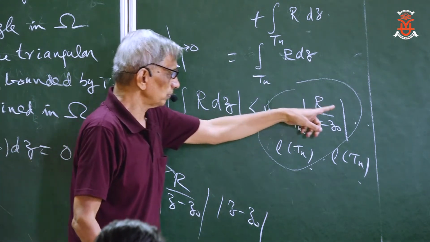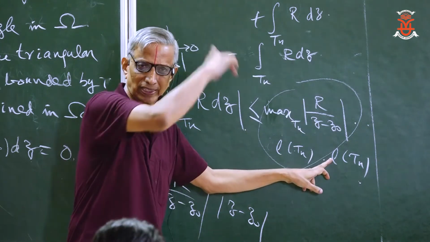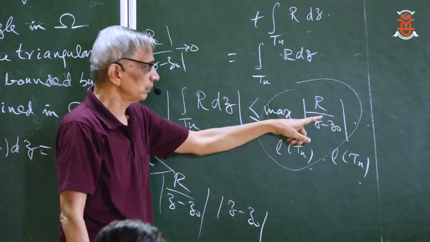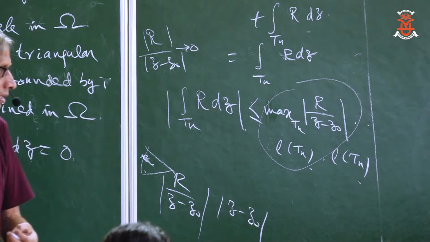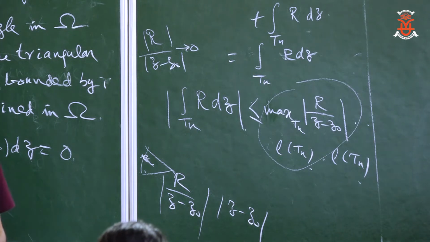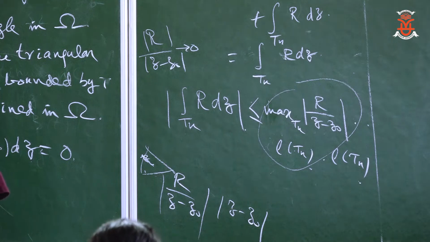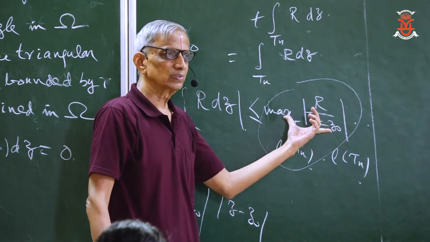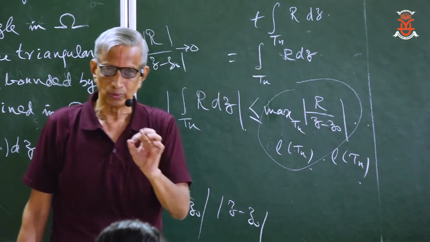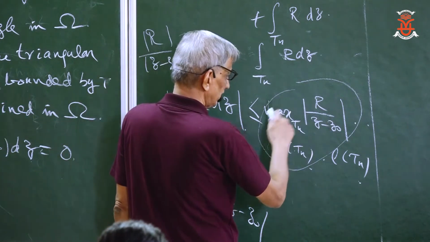But what about this? Of course, we have some estimate for Tn in terms of length of T, right? We'll come to that. But what about this itself? As n grows large, Tn is going to shrink to T naught. So this is the maximum of Tn. So the whole thing is going to shrink to 0. Right? So if you denote this by something,